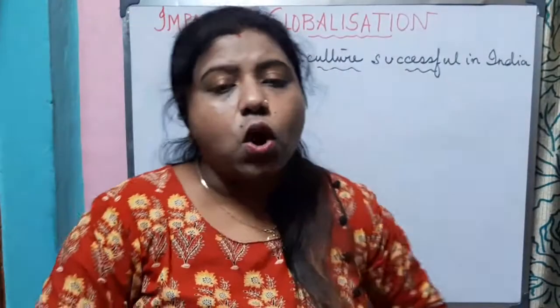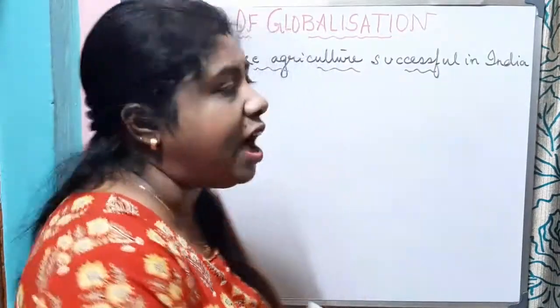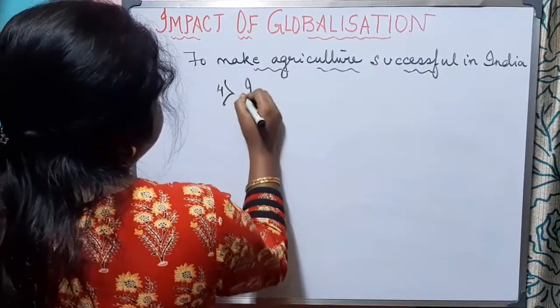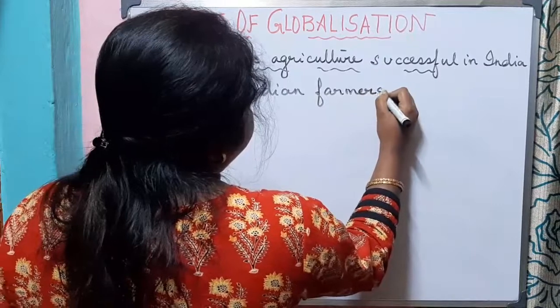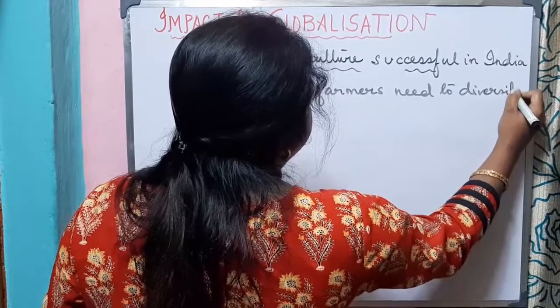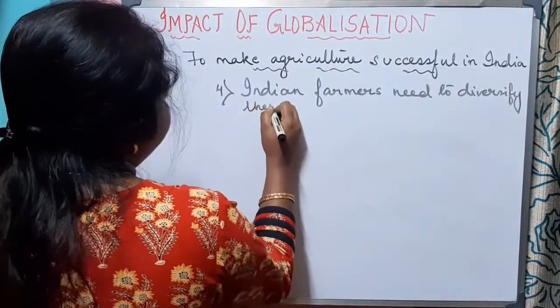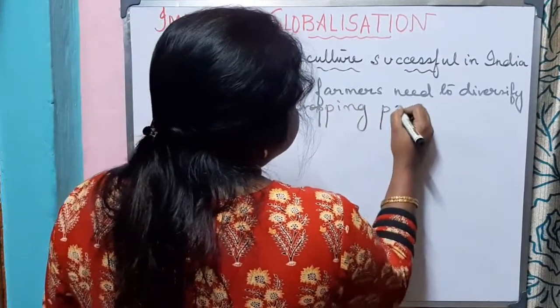Now, what else can we do? As I already told you, according to a few economists, it is believed that the future of the Indian farmers is bleak. Why? Because they are growing food grains. So they need to diversify their crops. So the Indian farmers need to diversify their cropping pattern